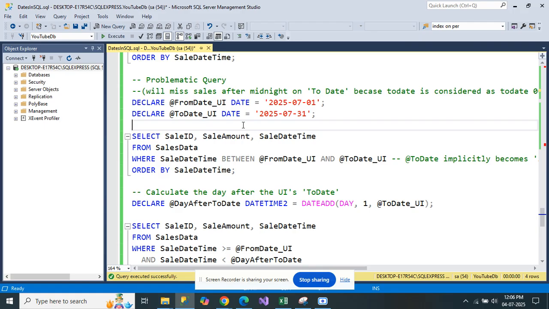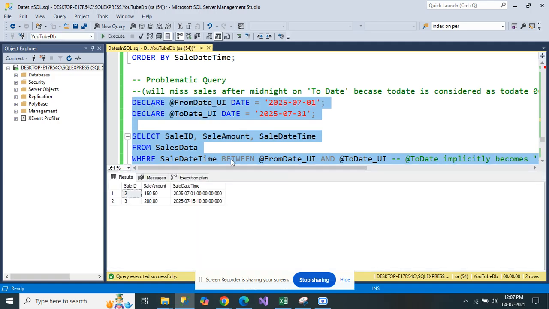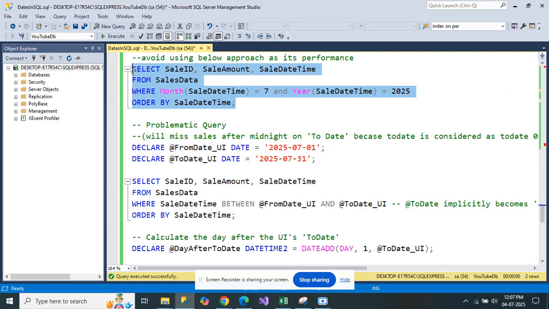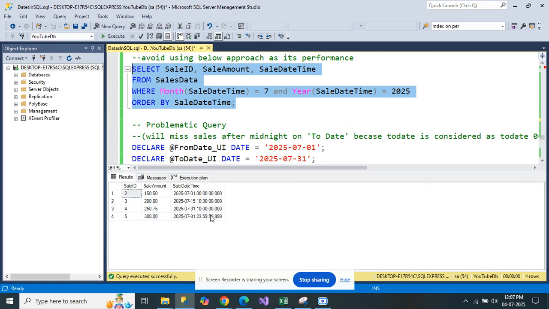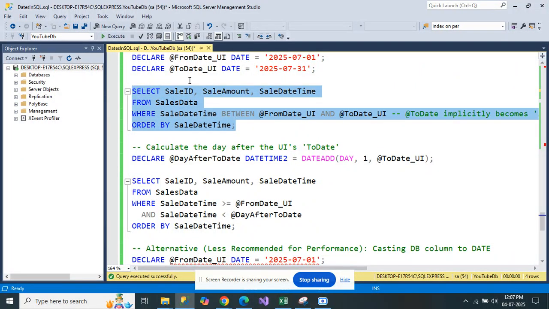Now, while using BETWEEN and greater than or equal to and less than or equal to also, we should be a little careful, because from the front end, let's say consider someone has selected the 1st of July 2025 and end date as 31st of July 2025. If I use BETWEEN and AND, and if I run this query, see what will happen. See, it is giving me only 2 records rather than 4. Let me go ahead and run this query again. So here we had 4 records for July month, and here it is giving me only 2 records for July month,